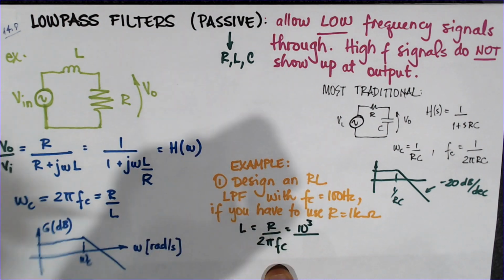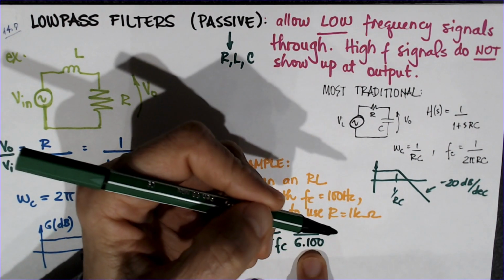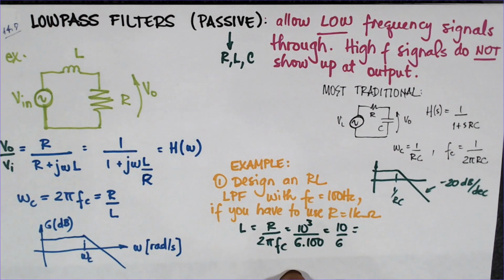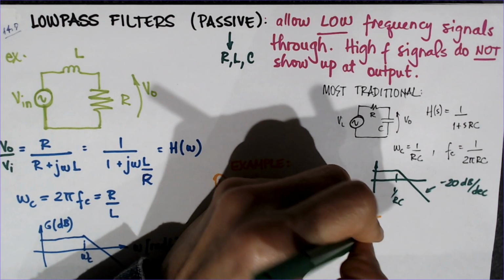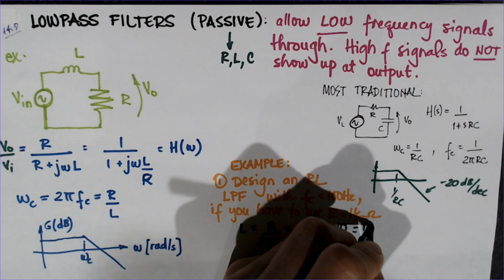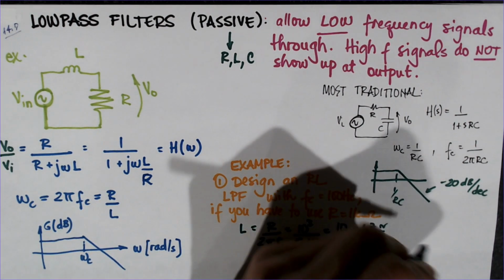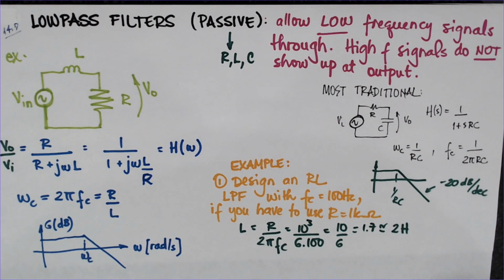I'm going to call this a 6. 6 times 100. So it's like 10 divided by 6, which is, I don't know, 1 point something. More than 1.5, less than 2, like 1.7. So I'm going to approximate this to 2 henries. So I would take a 2 Henry inductor or a 1 Henry with a half a Henry inductor in series